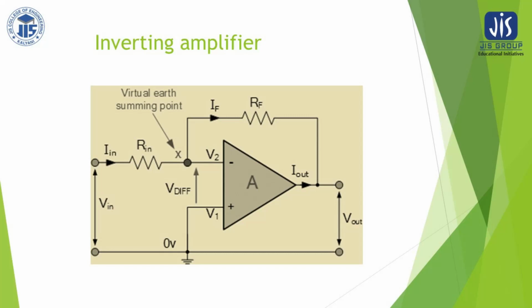As we already know, there is a difference voltage VD between these two terminals, and this VD is almost zero. Though it is not practically zero, it is almost zero; we can compare it with other voltages. This VD is very small, which is why we can ignore it. Ignorable voltage means it is a short circuit. Though it is not practically a short circuit, virtually this point is connected to this point.